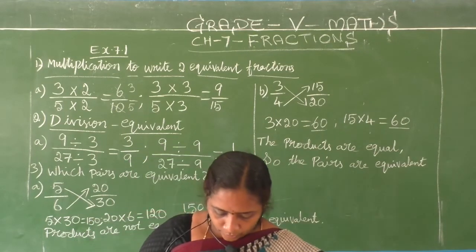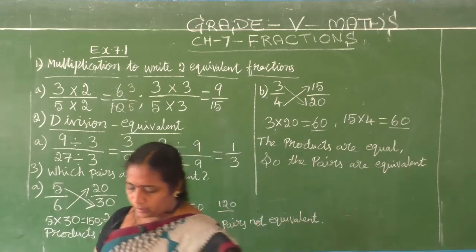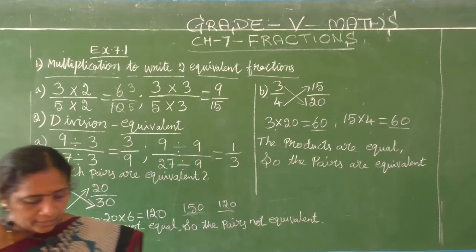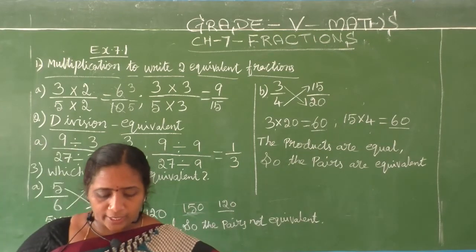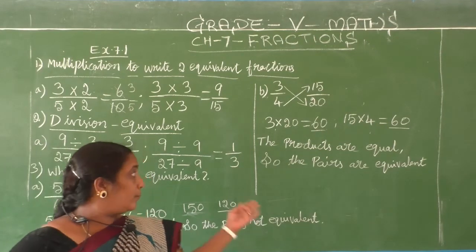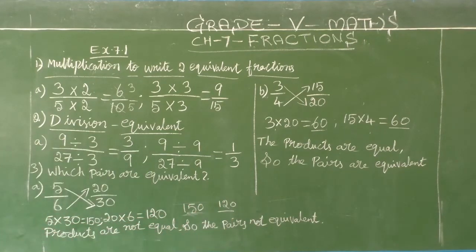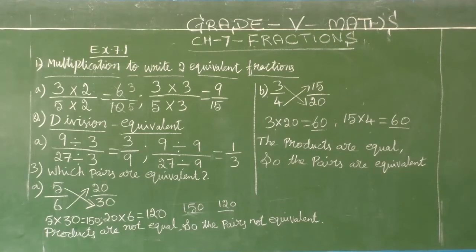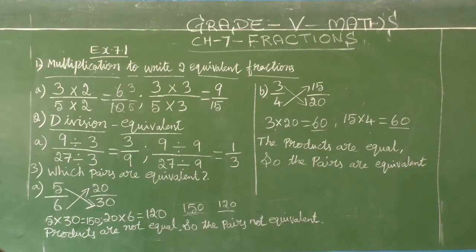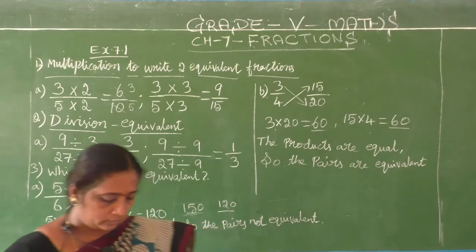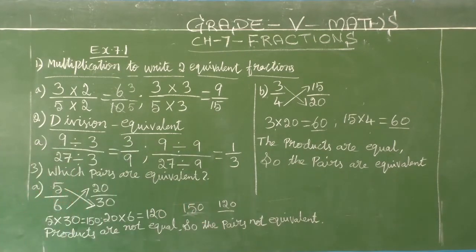Next we are going to see the fourth Roman. Okay, you have to copy these sums. See ma, in this Roman also they gave 6 sums. You can do any 4 sums. I put 2 sums, remaining you can do 2 sums. That's enough. Okay ma. Next Roman, fourth Roman.